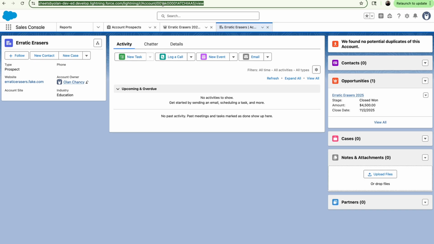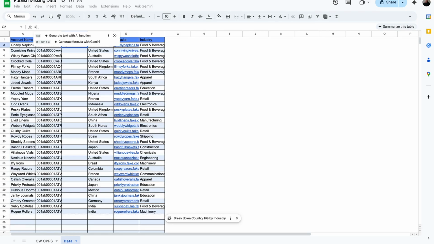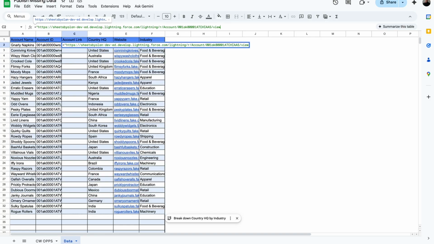This is key. Inside the URL, you can see that the account ID is listed right there. So what we're going to do is we're going to split this part of the text, reference the account ID from the cell, and then add in the rest of the URL. So I'm going to type equals, inside quotes, paste it in the quote. Now, once again, we need to split out this part right here